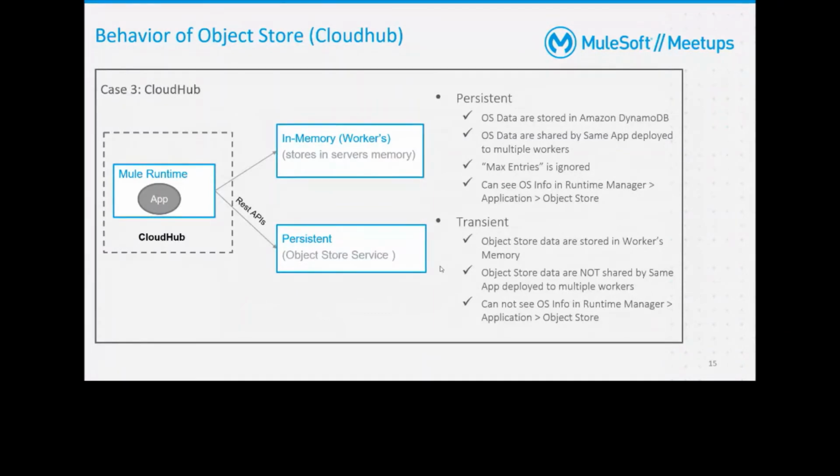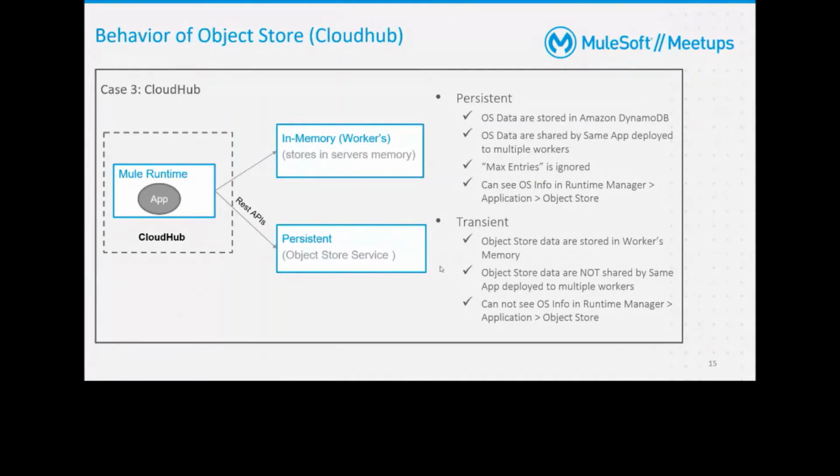What are the limitations if it is in memory? Say we have this app deployed in two workers. The data cannot be shared amongst the workers, right? It will be specific to each. But if it is persistent, then we will be using the object store service that we discussed earlier, the cloud service,